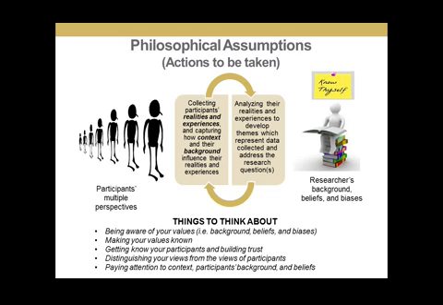And also, you have to distinguish between your view and the view of participants. It's very important. As you collect information, sometimes, especially when you are doing observation, when you are observing as participants are doing something, there's a high probability for you to interpret things based on your personal biases. So you have to separate what you are observing or the information that you are receiving from what you think about the information. Your thought about the information is very, very different from the information that you are receiving or observing. So you have to make the distinction as a qualitative researcher.